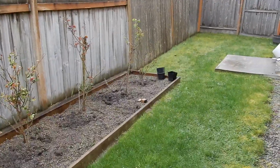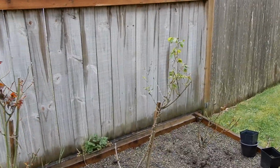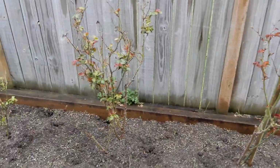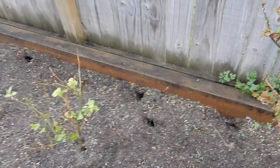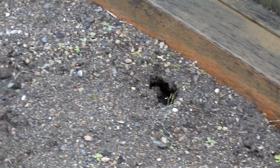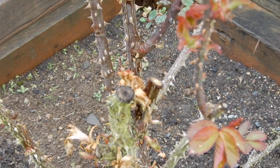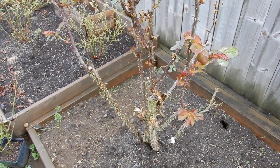Take a look at some of the roses, my wife's roses. She trimmed them all back and they're starting to get the leaves back on them. And I got all these bore holes. I think it's from wood rats, but I'm not 100% sure. There's some more over there. I don't think it's moles. I do have moles here, but there's no dirt pushed up, so I don't think it's moles. Anyway,